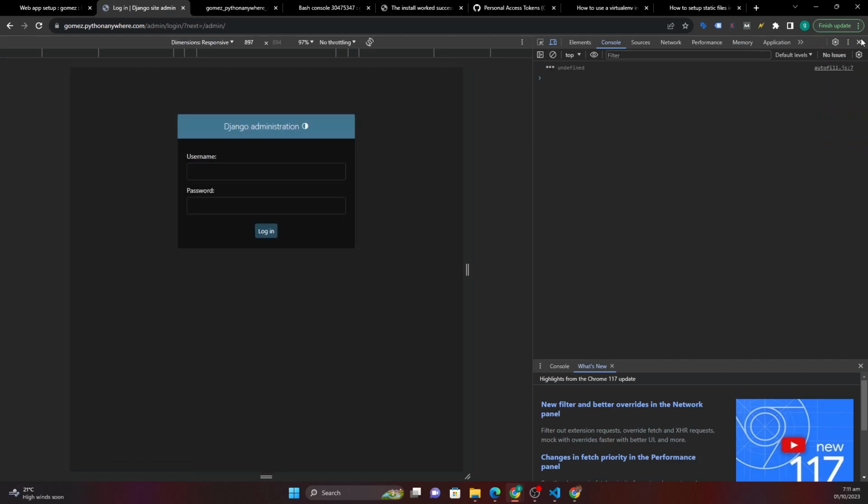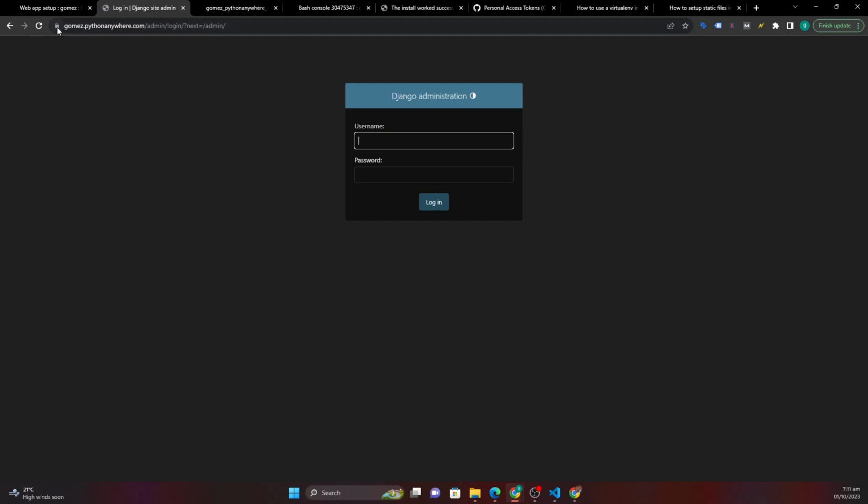Now you can see our application is running over HTTPS, but also this is now loading all the CSS and JavaScript that is required. So that's how you go about setting up or deploying your Django application to pythonanywhere.com for